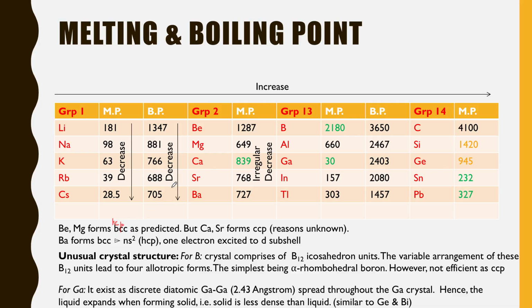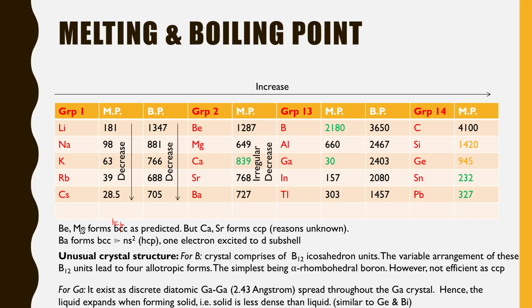So what happens? Why is there a change here? You observe it is usually decreasing. The usual crystal arrangement should be HCP, that is hexagonal close packing. So as you move down the group, it should decrease, and from beryllium to magnesium, it is decreasing. But suddenly you see an increase in melting point, and that increase is because of the change in crystal structure from HCP to a CCP arrangement. And CCP is a more compact arrangement, and you will find more cohesive energy in the CCP arrangement. And that's why you see a sudden increase when it comes to calcium.